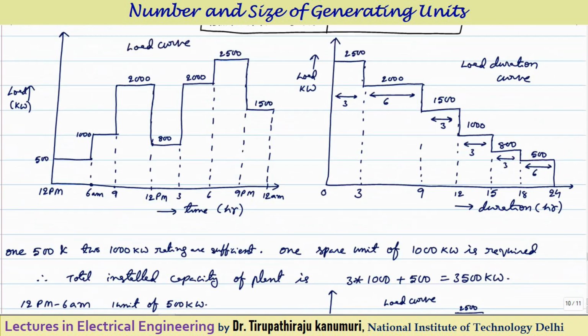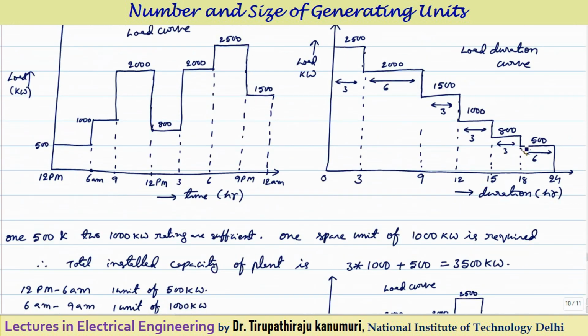So in order to get this, you can see how to fit it. How can we fit it by taking two 500 units? That means we can take one 500 and 2000. One 500 and 2000 we can take because you can see here 500 can fit here. If you are taking 1000, it can fit in this case also. And for 1500 we can run 1000 and 1500. For running 2000 we can run 2000 and 1500. For 2500 we will run all the units.